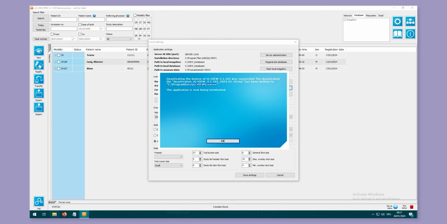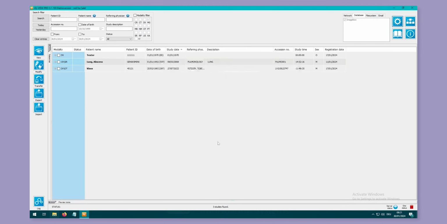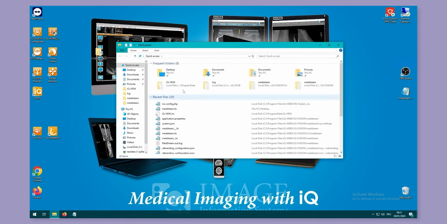Paste the path into your File Explorer. You will now find the deactivation file for your license. Please send this as an attachment when you